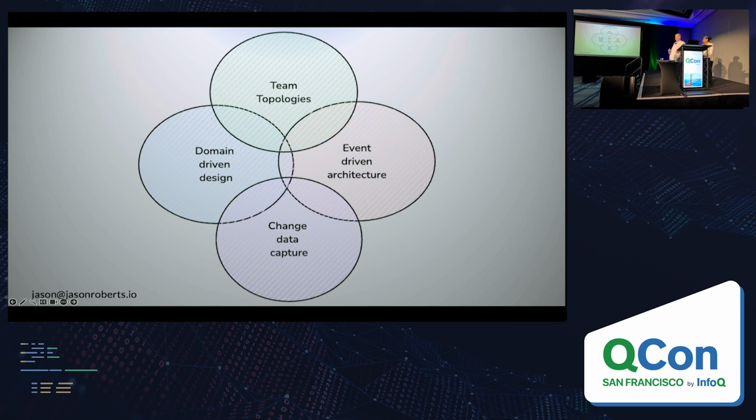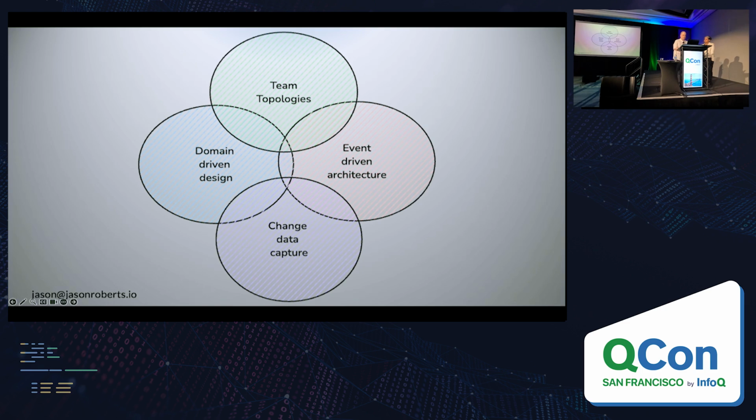Team Topologies is an organizational design methodology. There's that word methodology again, that prescribes shaping teams according to different types. The 2 I'm going to mention right now, but there are 4, are the ones that are important to us: stream-aligned, that's the one that talks about value delivered through the product, and complicated subsystem team. I'll let you guess what that might be related to.